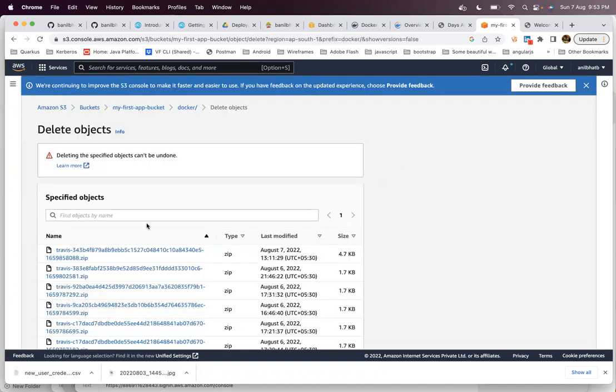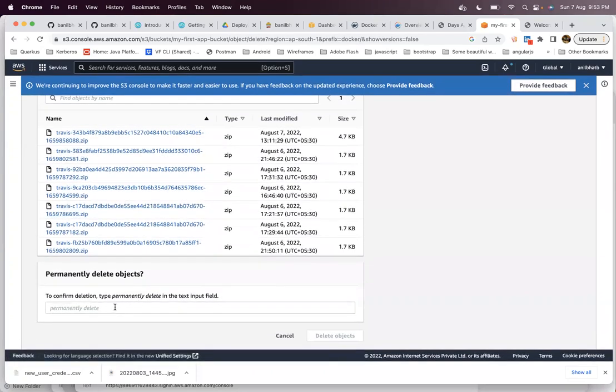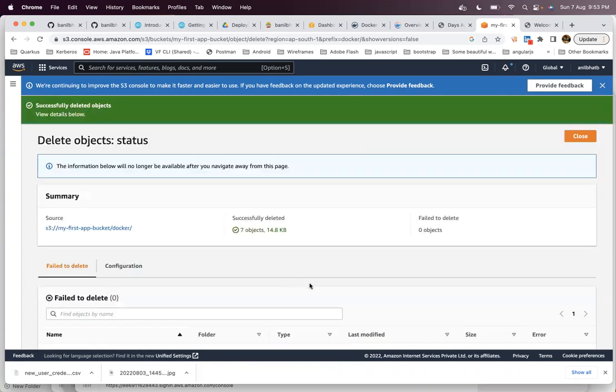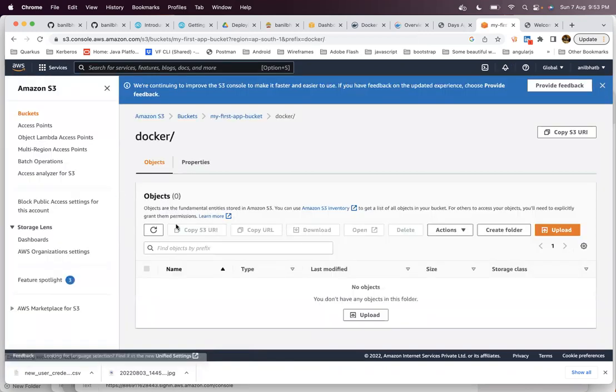So now I can see that my bucket is empty. My Docker bucket is empty right now.